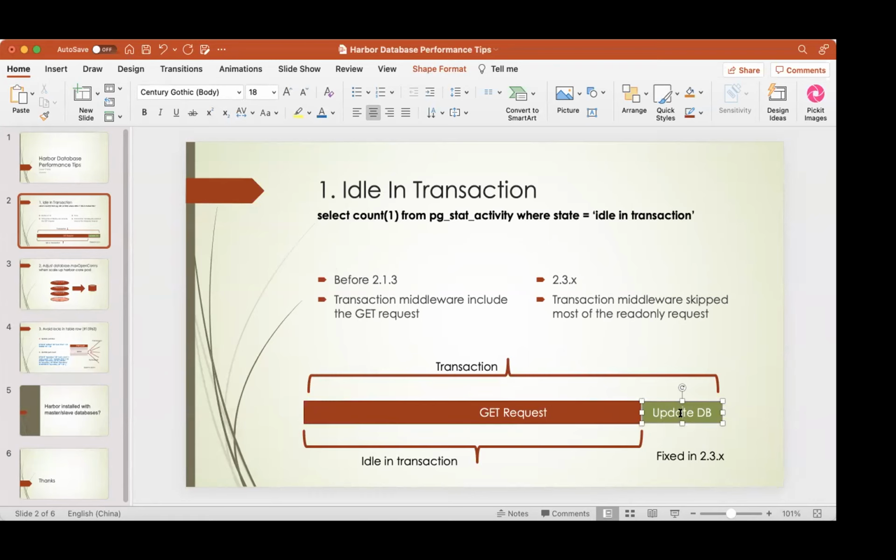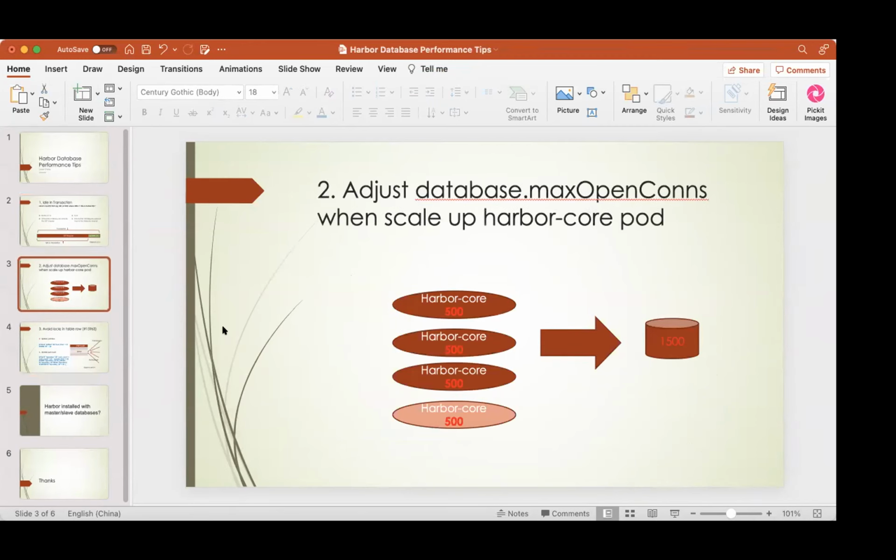For the rest of the time, the database connection is in the idle in transaction state. After Harbor 2.3, we skip most of the read-only requests, which you can check in the middlewares.go file. This is the first one I need to share. And the second one